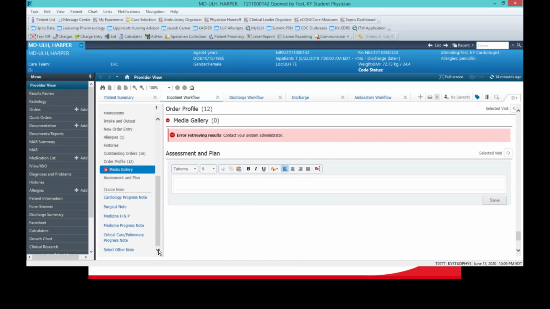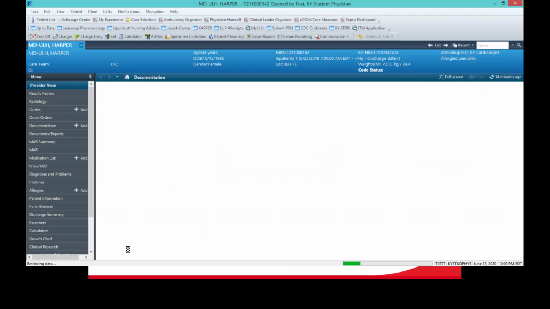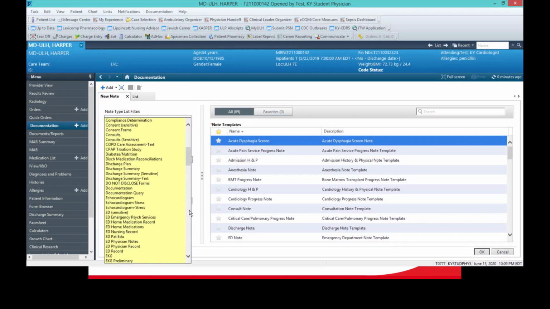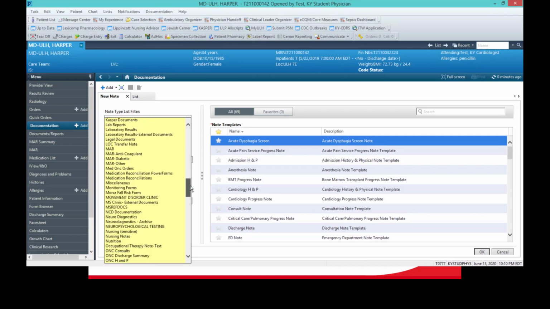So because we're med students, even though we're using what is kind of your standard workflow page, we do not have the med students notes here directly from this page. So once you get to the bottom of your workflow page, you're going to click select other note. And this is going to bring the chart to your dynamic documentation section. And for med students, we have the note type filtered to all because we want to change your note type to,